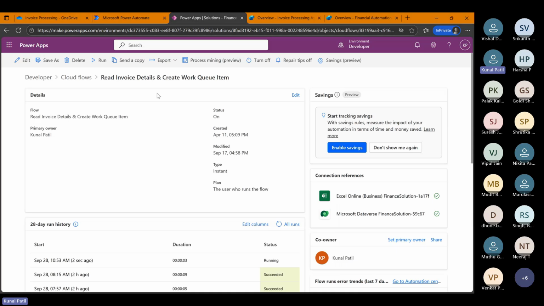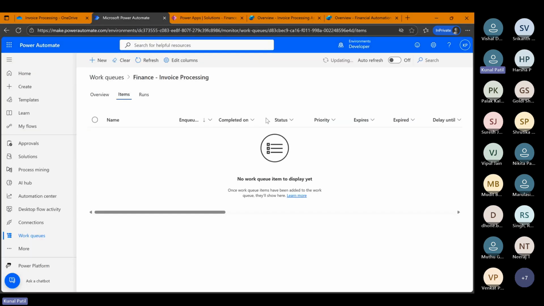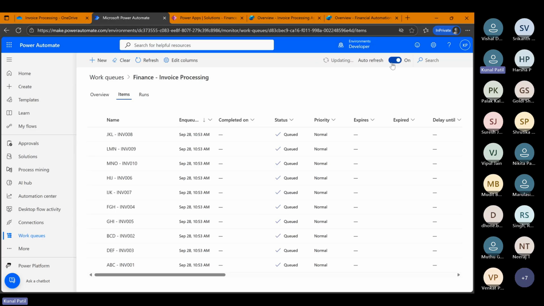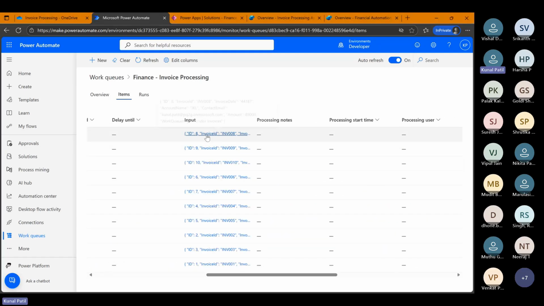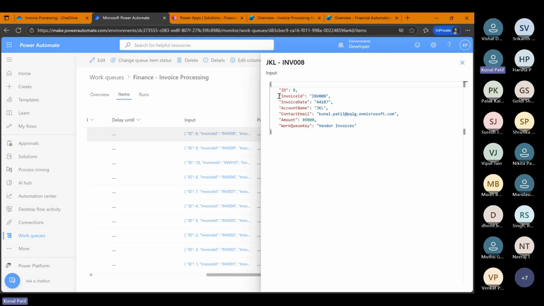So it's event driven, not manual driven. Now my workflow has started running, and if we refresh this, you can see it has read the invoices from the Excel. It has created the work items here, and you can see all the work item details in the input format. If I click on this, you can see there is an ID, the invoice date format is completely